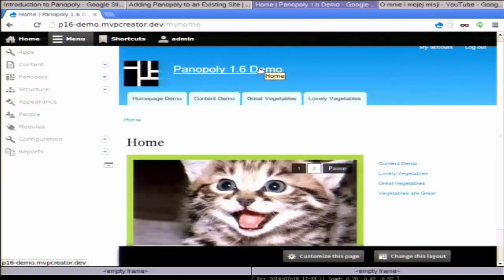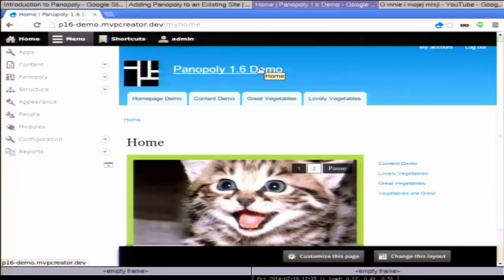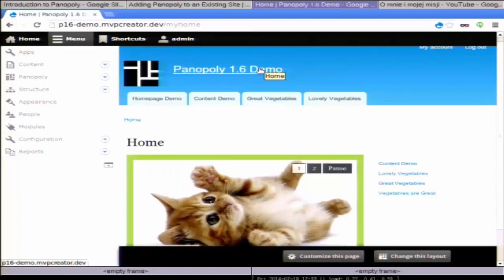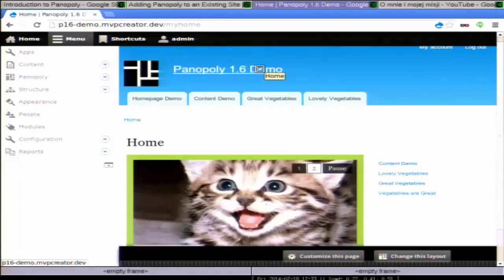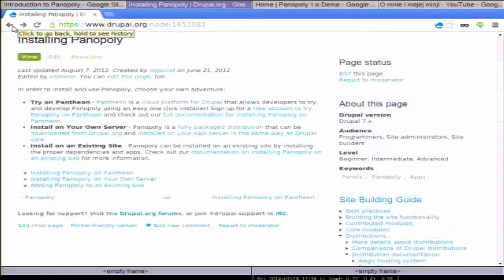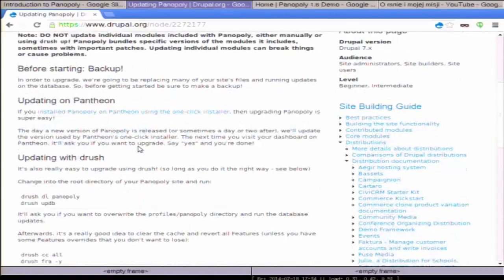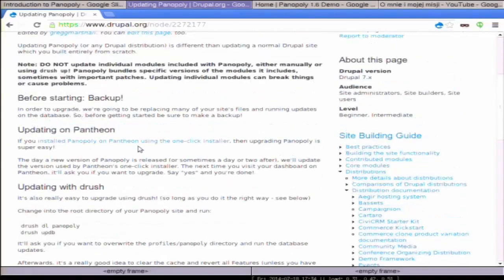In general, how do you update a distribution? You download the new version of the distribution as if it were Drupal core. So you treat Panopoly as your Drupal core. We have pretty good documentation about updating when it's just a Panopoly site. We have different documentation for how you update it if you are making a distribution built on Panopoly, but I highly recommend our documentation. There's a big warning up at the top that you should not attempt updates of anything that Panopoly has included on your own,